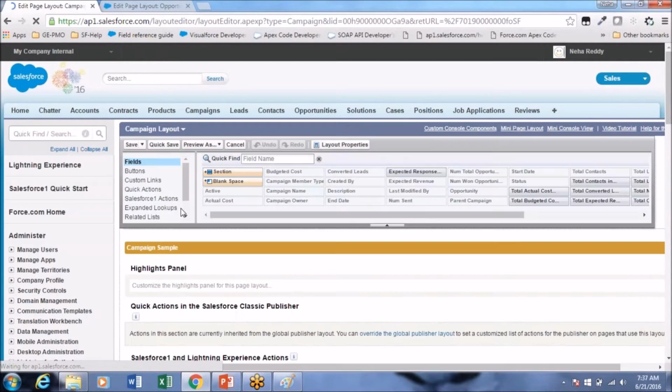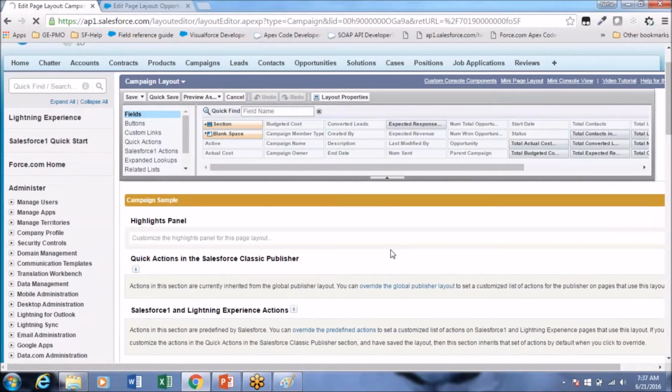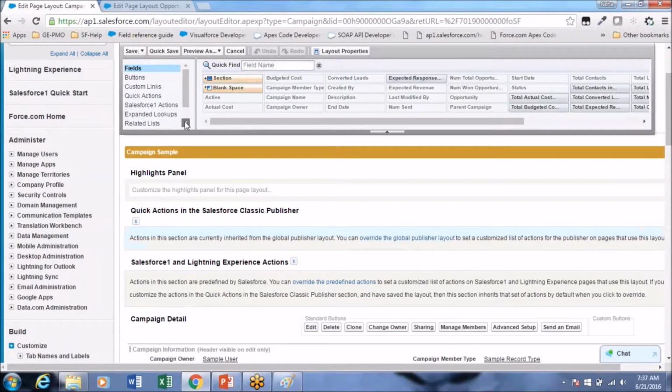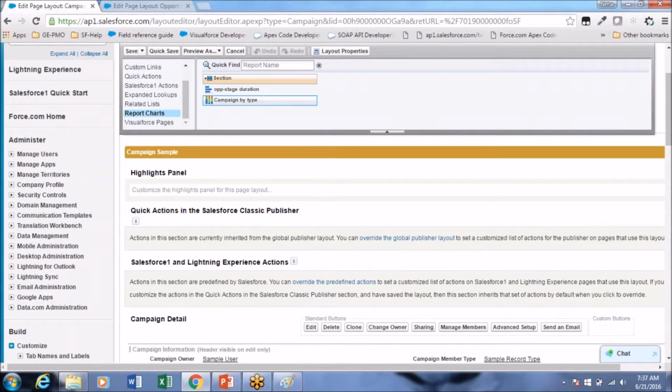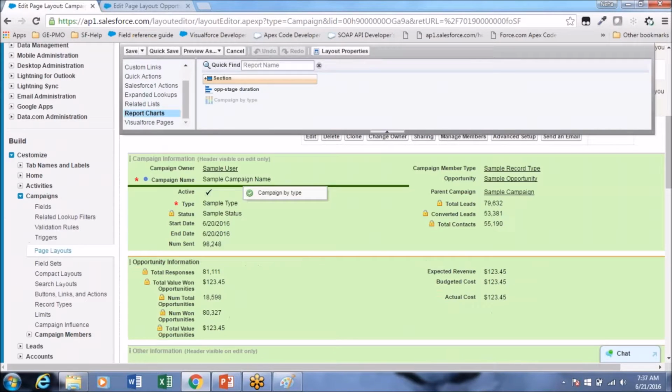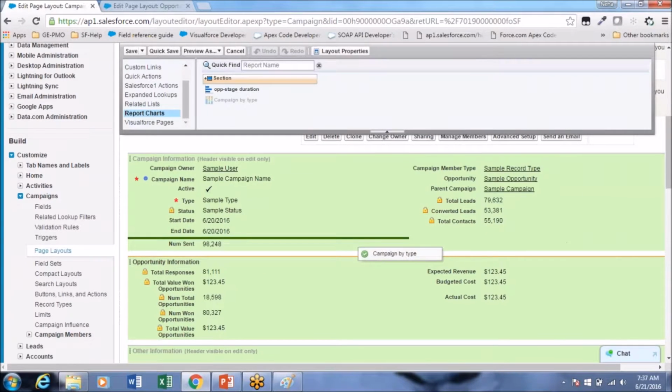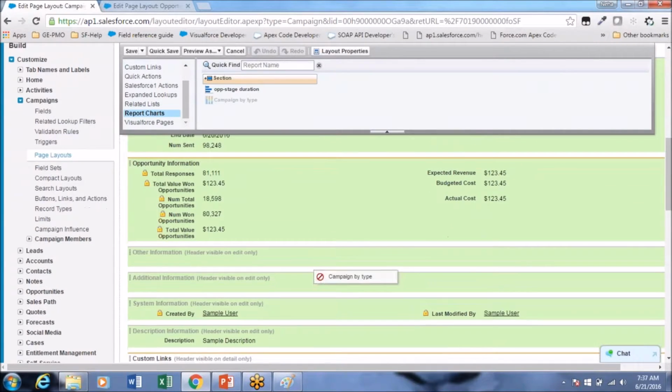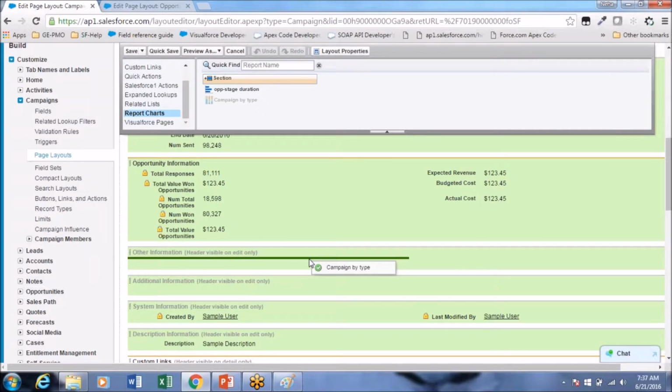If you have any charts created on the campaign object, you can display the charts. Report charts. So if you have any charts, like campaign by type, this chart you already have. So you can drag this chart and drop it here at any particular place, or you can drop it in a different section.